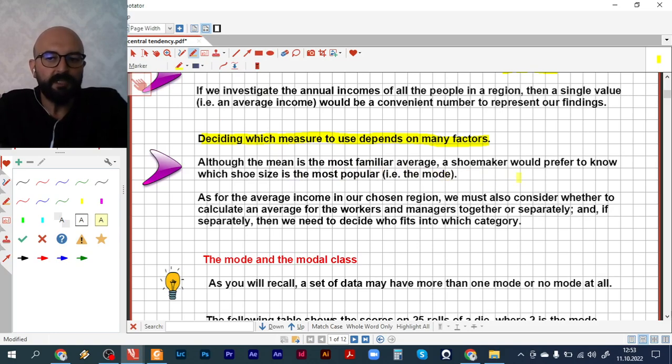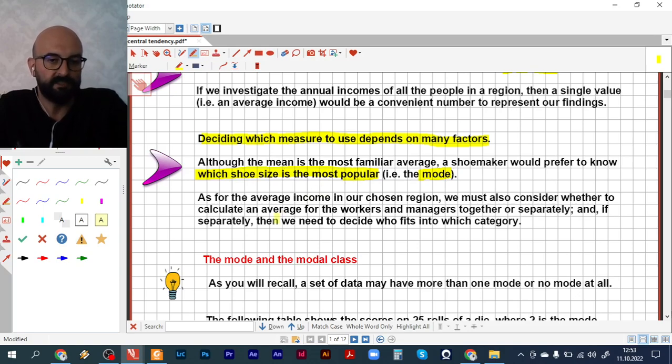A shoemaker would prefer to know which shoe size is the most popular. In this situation, he or she measures the mode,